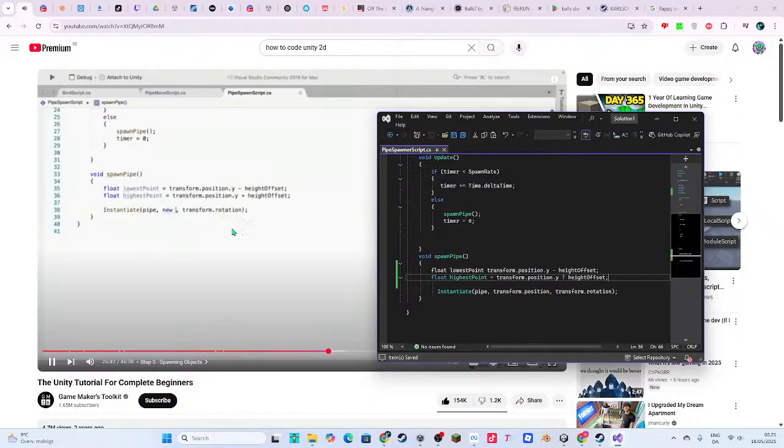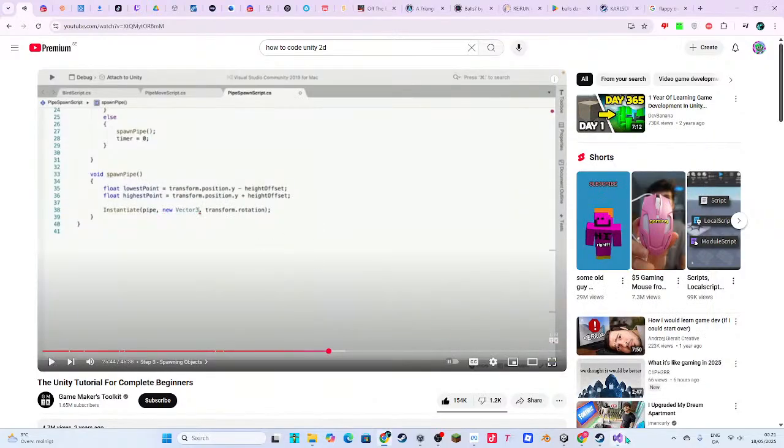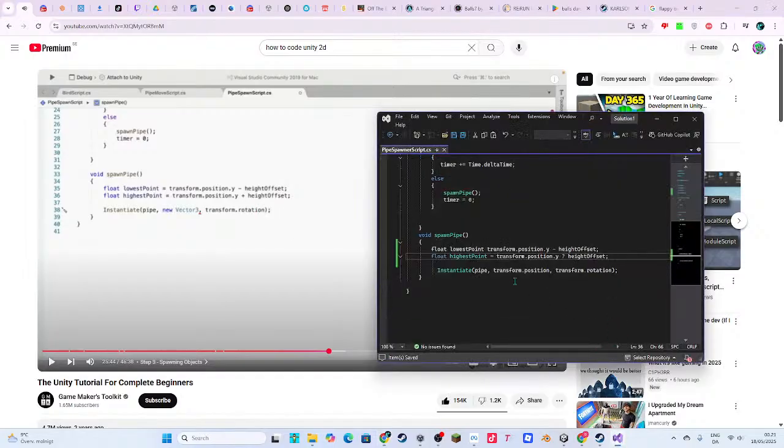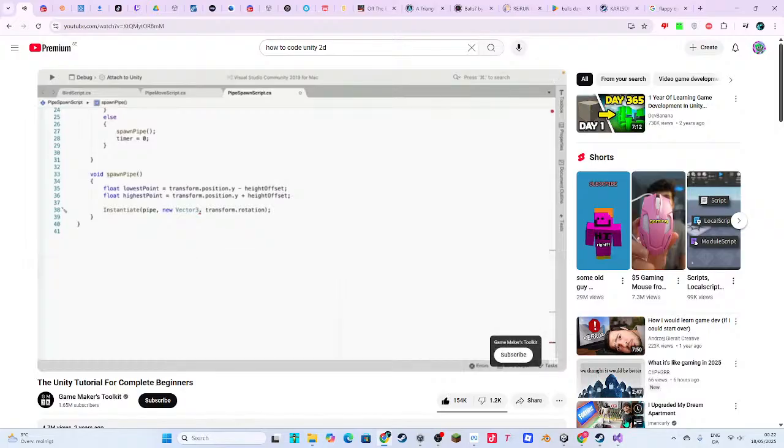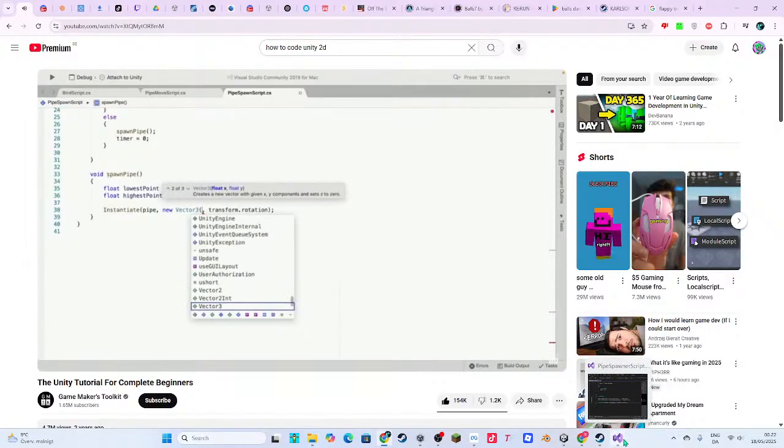We're going to write new Vector3. We have to write that whenever we're specifying our own numbers for a vector. And then in brackets, we'll specify the x, y, and z values as 3 different floats.